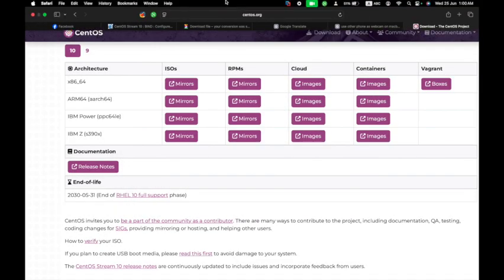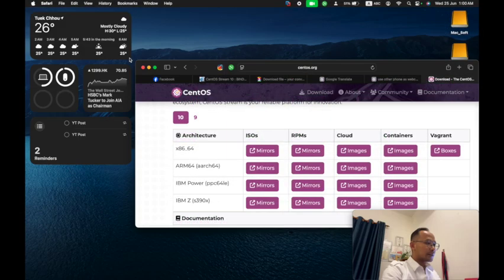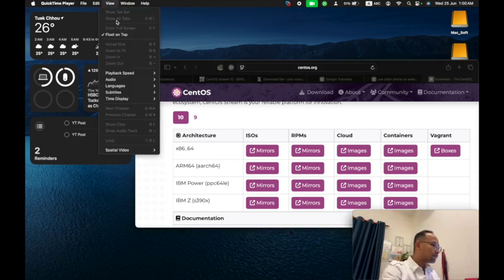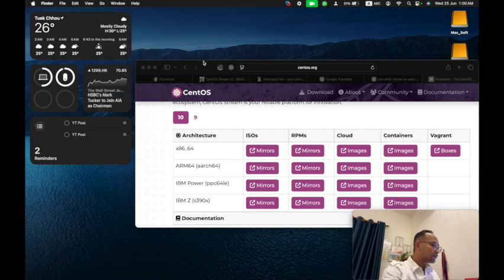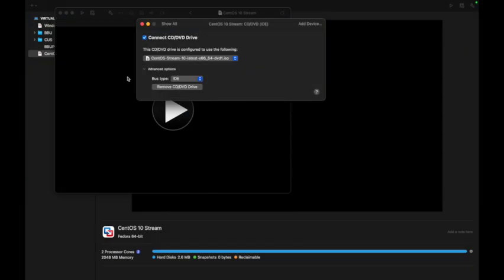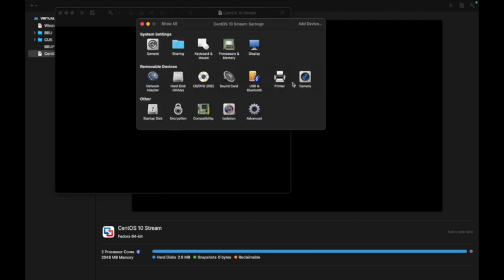If your laptop uses an ARM CPU, you need to download the ARM file. If you download the x86 64 version that you saw in the previous screen, it cannot boot.